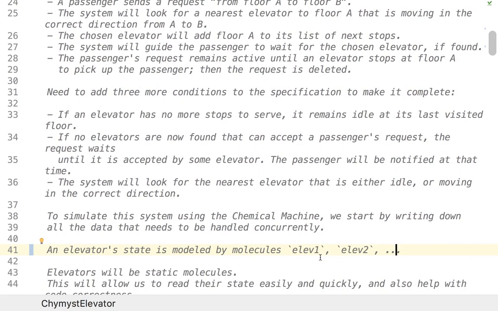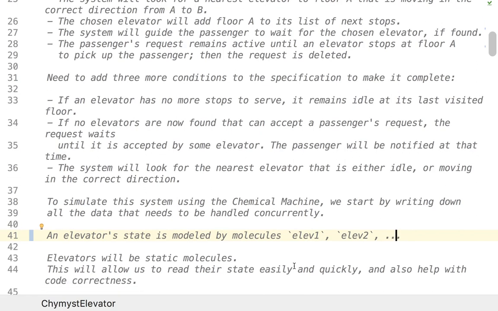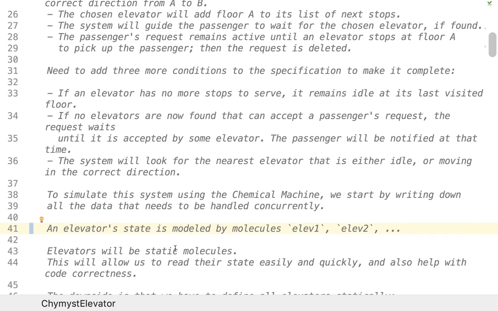Another design choice is that these molecules should be static. In the chemical machine, a static molecule means that there's always one copy of this molecule at the reaction site, unless this molecule is currently being processed by a reaction, and then the reaction should also emit one copy of that molecule again. So those are static molecules, and there are two advantages that persuaded me to use static molecules